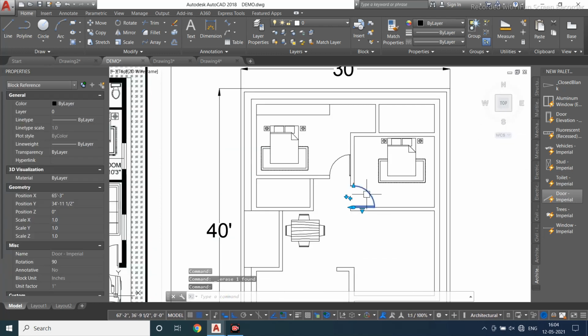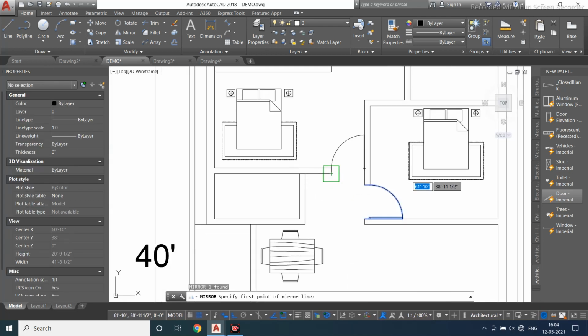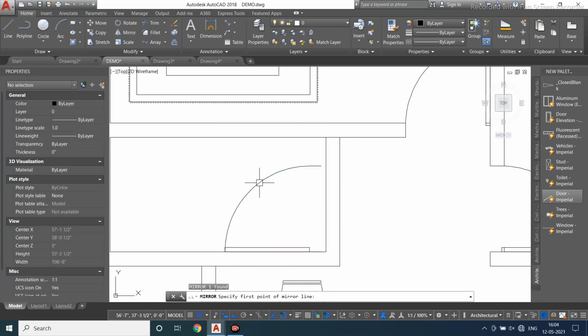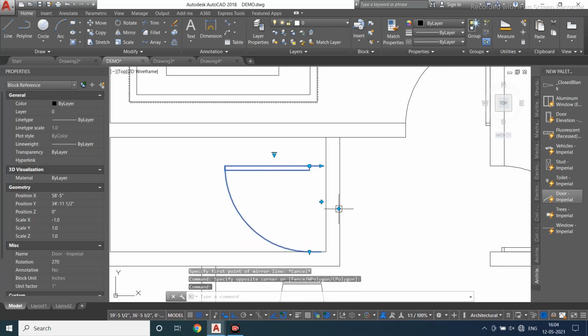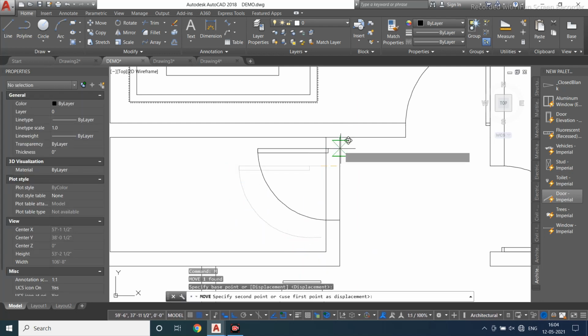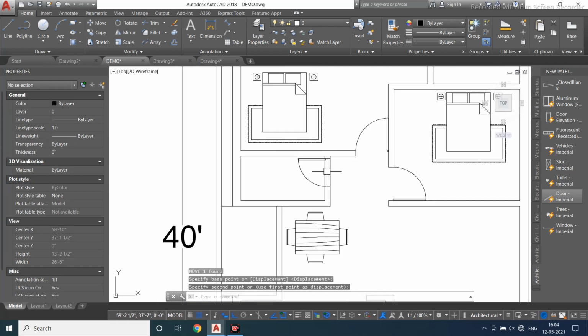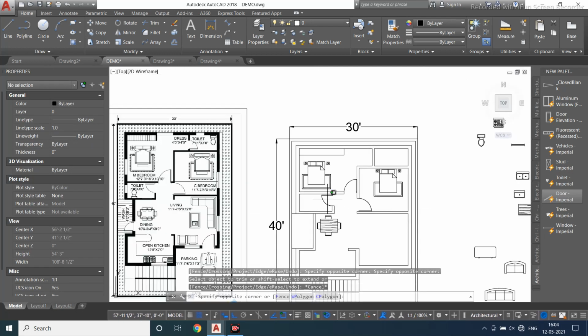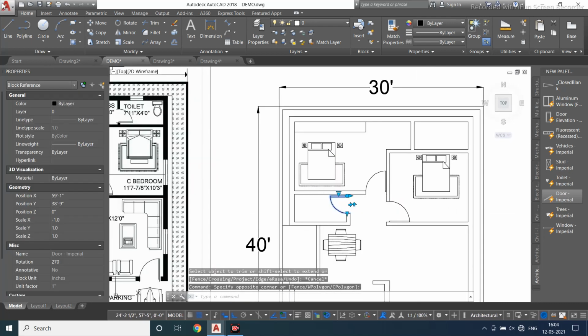Now the same thing, I will use the mirror command and I'll mirror it. Do you want to delete the source object? No. You can use the mirror tool as well as you can use your flip tool over here. 2 feet 6 inches is enough for me. Just click it and get it over here. Now unwanted walls, just remove them. The same thing you have to follow with your next door.